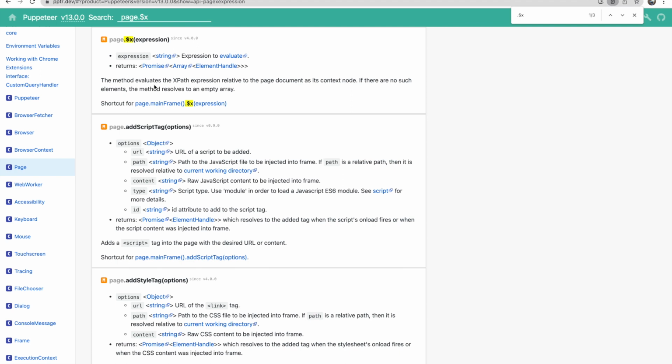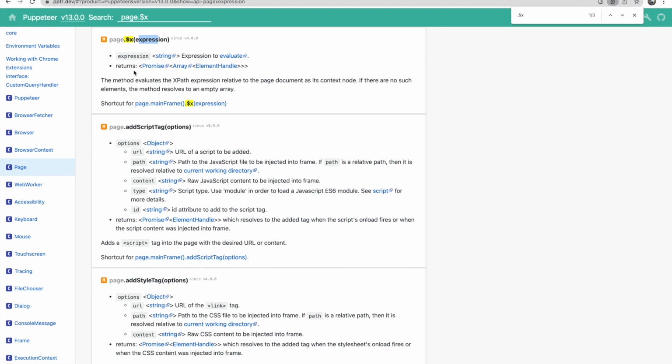I have already used page.xpath, even in the previous video, but didn't focus much. So with page.xpath you need to give the XPath expression, and it returns the array of matches. Like if your XPath matches more than one element, for example 10 elements, it gives you an array of 10 elements.